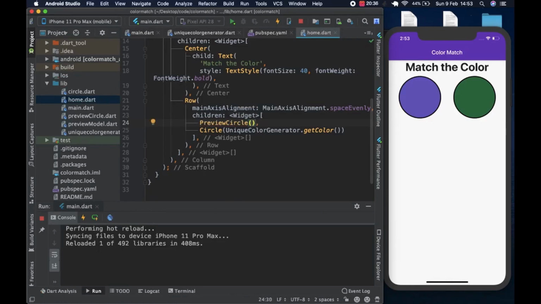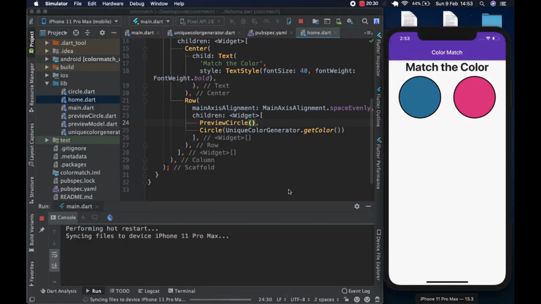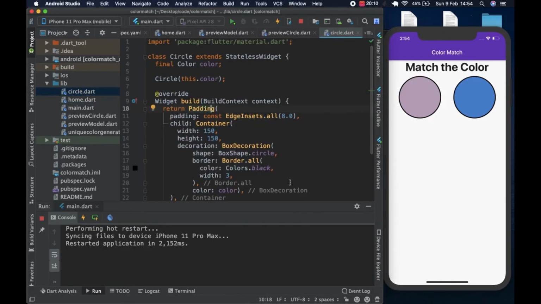Like this, like so, and it should work. If this works, we shouldn't see any difference, because the preview circle basically gets the color from the preview model, and after it gets the color from the preview model, it's used by the preview circle, and the circle, of course, uses the default circle, this one, the stateless circle